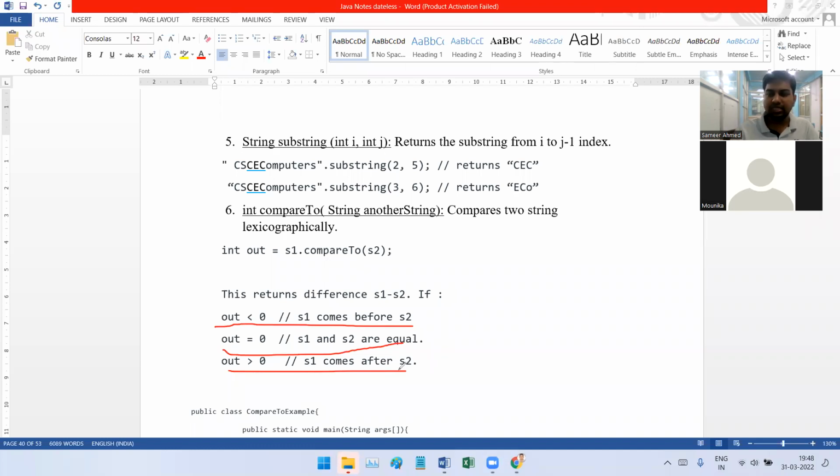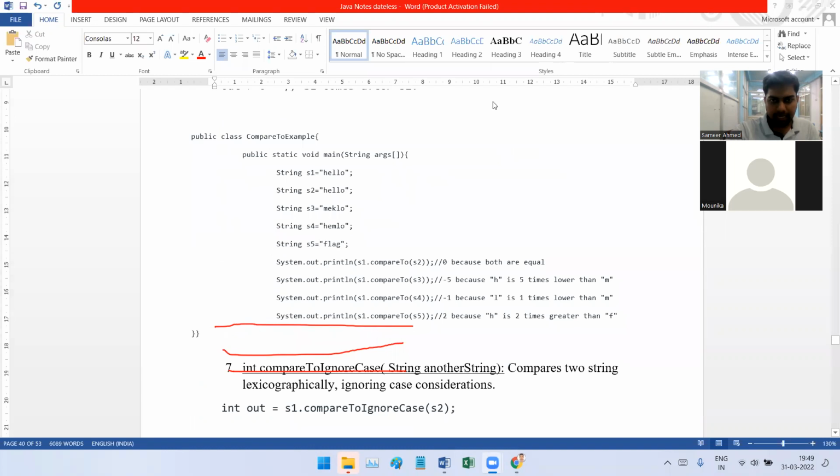Okay, so please try this. Give different types of strings: one string starting with Z, one string starting with A. You can give anything, then you can see the output for yourself. Then, just to demonstrate more about this compare method, I have a pre-written example here